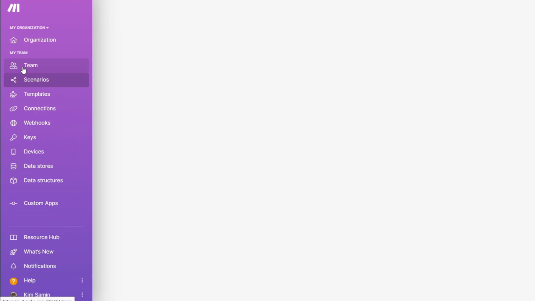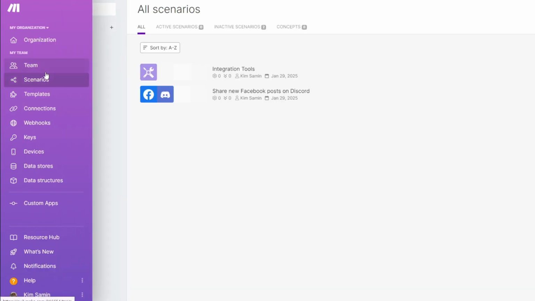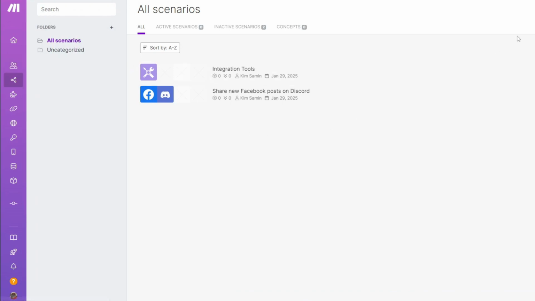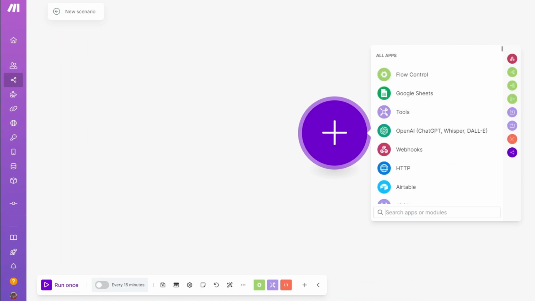Now, for them to go ahead and use this or import it to their own make.com, once again, it's extremely simple. All they have to do is navigate through the scenario category, and from here, you can just go ahead and click on the create a new scenario button. From there, it will load us this scenario dashboard where we can manually put our own scenario. But we are going to use the scenario or automation that we have downloaded on our